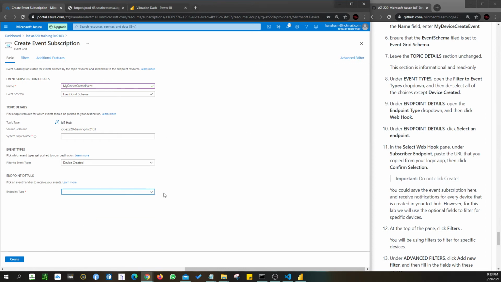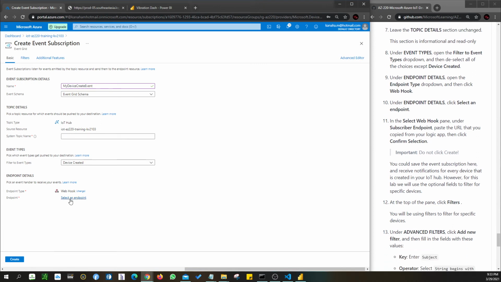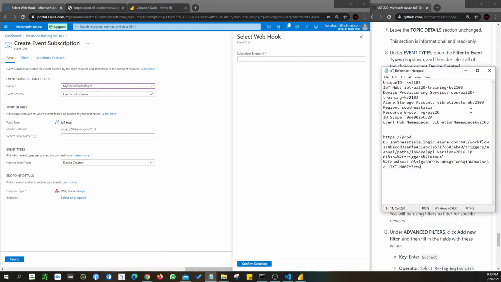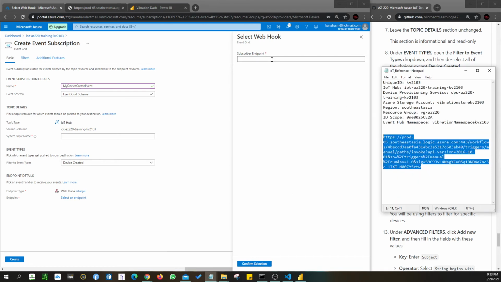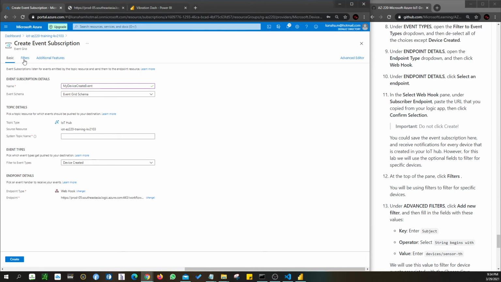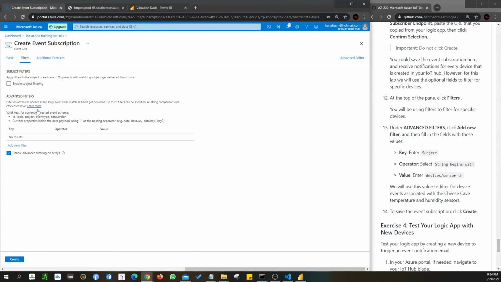Click webhook. Great. And then endpoint, select an endpoint, and now we're going to copy the URL. We're going to paste it here, confirm selection. Okay. At the top of the pane, we select filter. Under the advanced filter, add a new filter. Key is enter